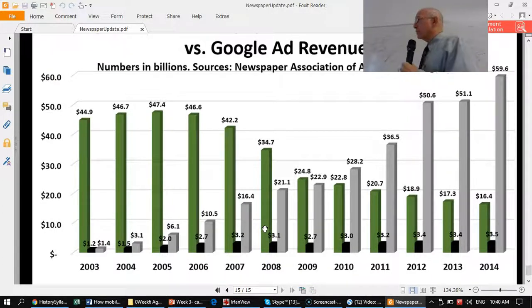You know, in 2003, Google was just barely getting started, almost no advertising. The newspapers built up. 2005 was their best year ever in history. You know, just 12 years ago, their best year ever in selling advertising. In 2005